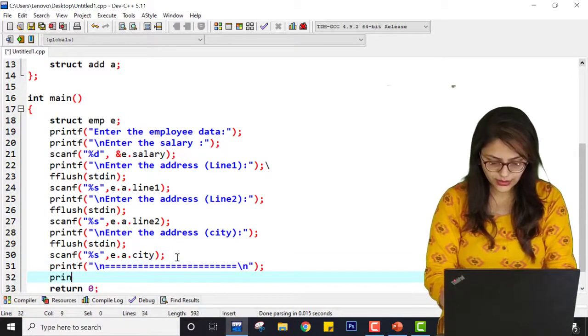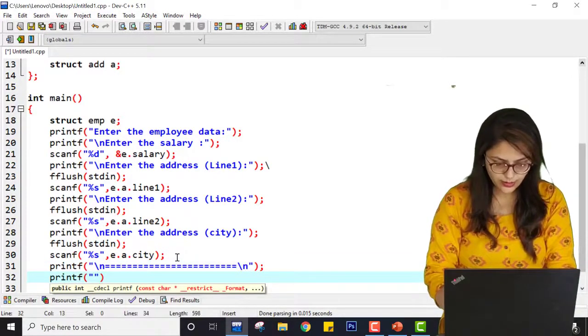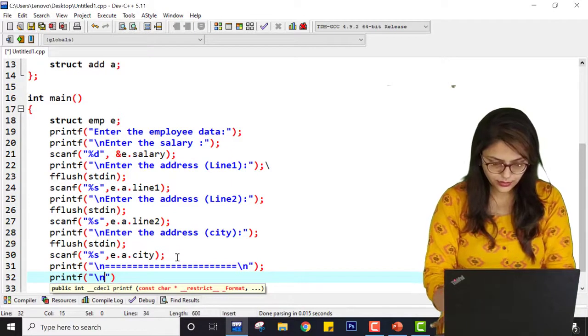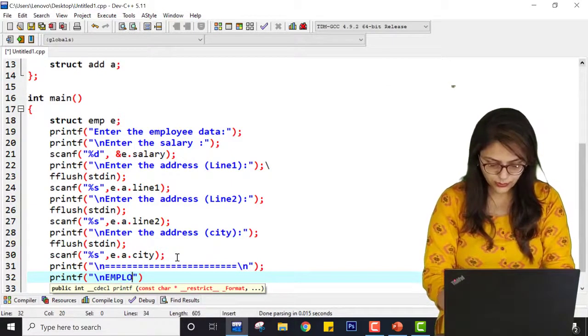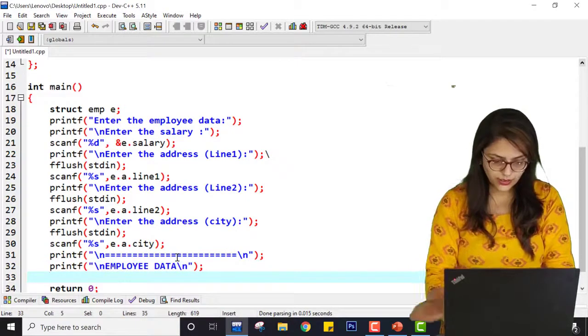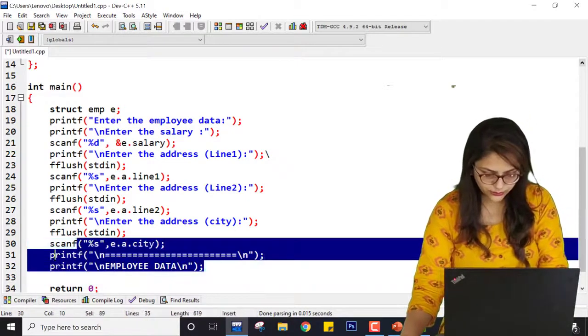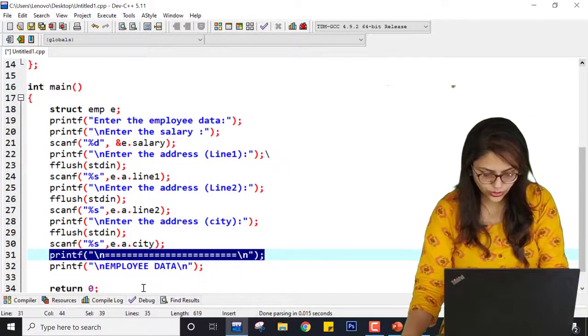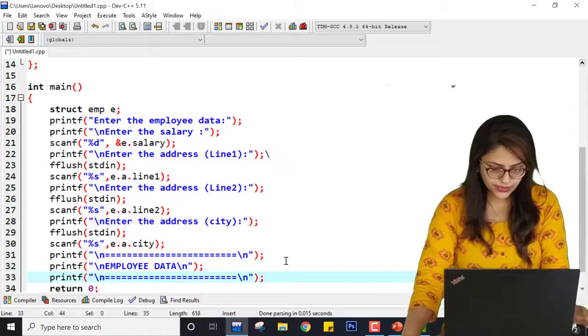After this printf \n, say employee data, and \n again, it will be small. Copy this and paste it over here. It looks better, you know. So paste it over here.